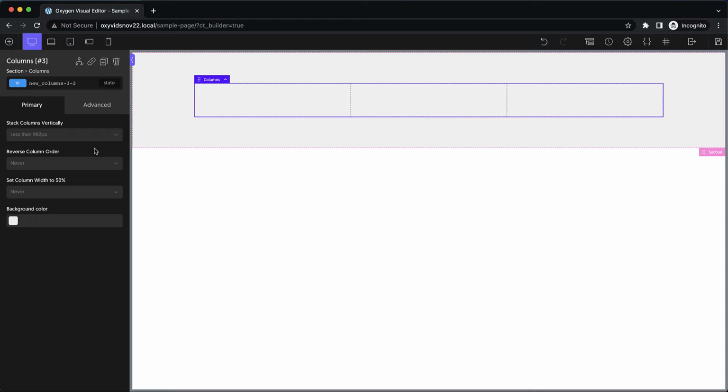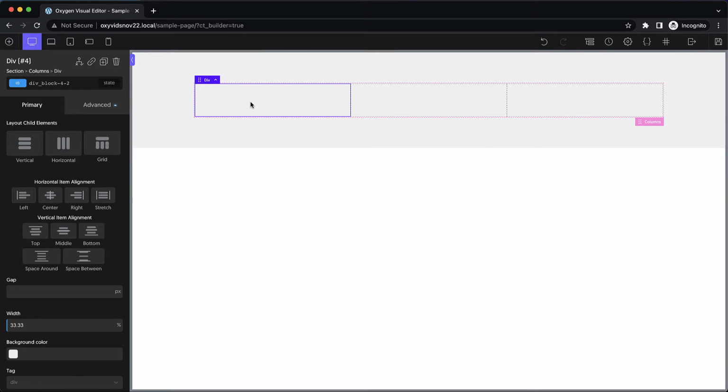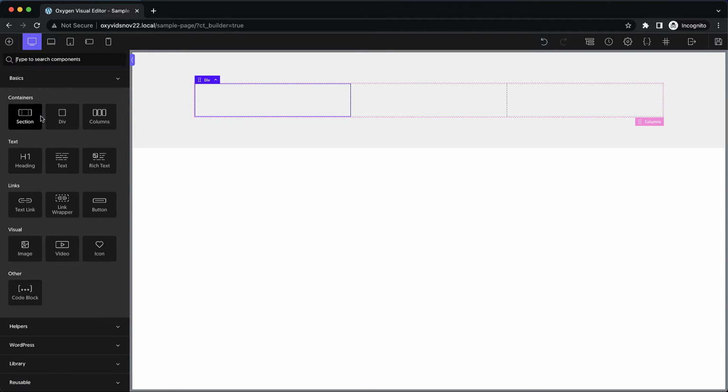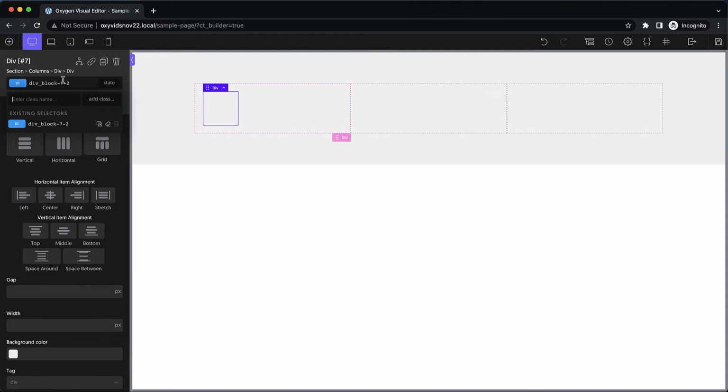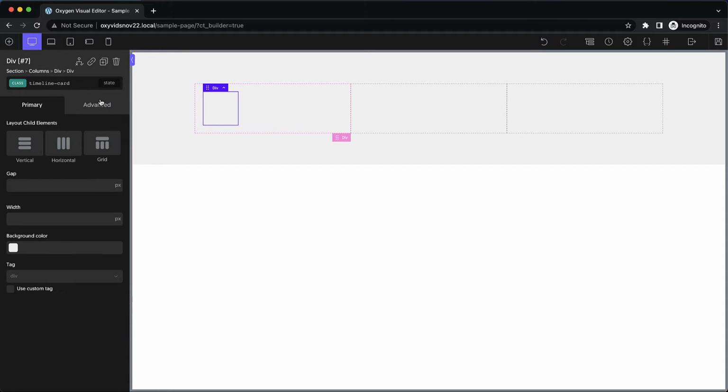Now let's start by establishing our styles, which means we're going to go ahead and create the elements that we'll be using, but we'll probably completely rearrange them here in a little bit. So first we need a kind of a card element. This is going to be common across all 3 columns. So we'll just add a div and we'll call it timeline card. I'm adding a class here, so we'll click add class, and this class will contain all the common properties for